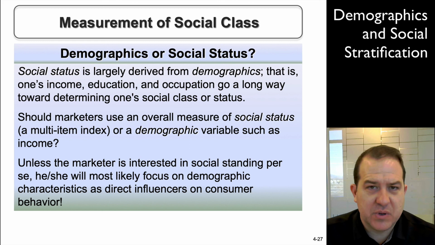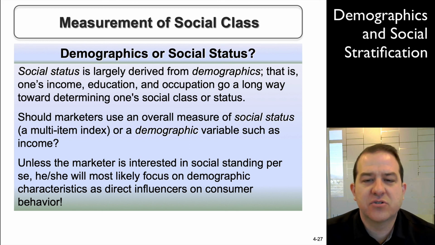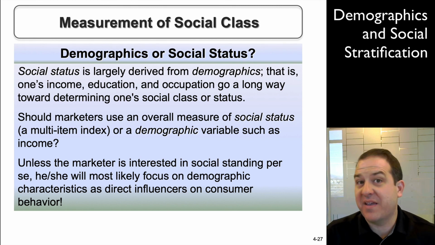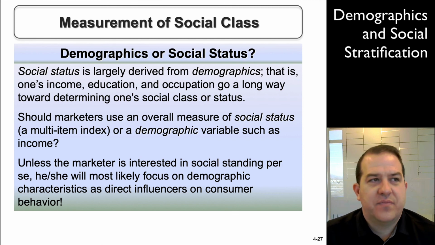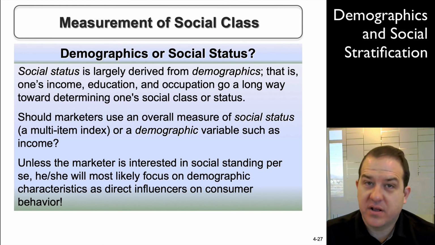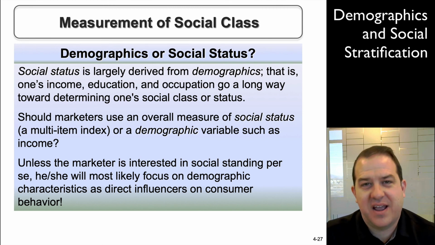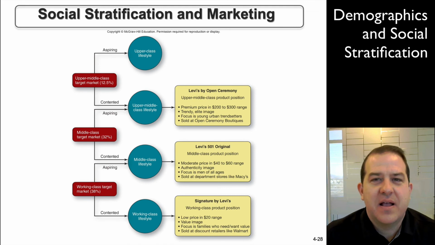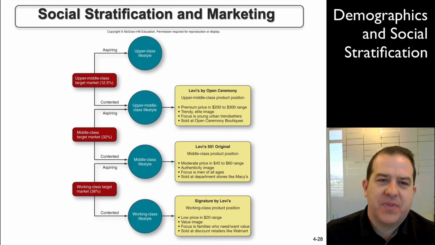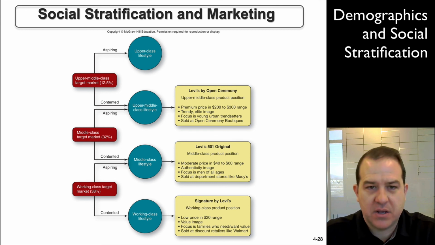And according to this book, unless the marketer is interested in social status per se, he or she will most likely focus on the demographic characteristics as direct influencers on the consumer's behavior. So we can look at those things. Now, we're going to contradict that just a little bit on this next slide, but I just want to say that if we were to be using social stratification marketing, we probably would target a group of people that we would say, okay,